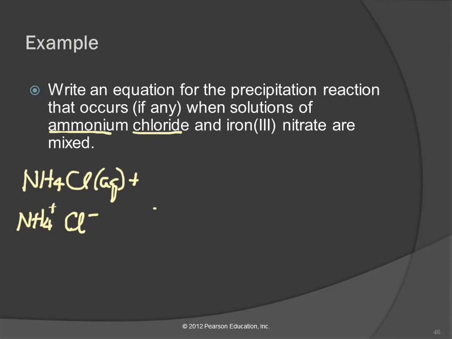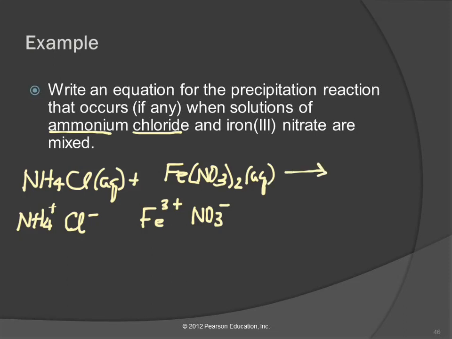Iron 3 is Fe3 plus. Remember, the Roman numeral gives us the charge, not how many, the charge. So it's Fe3 plus. Nitrate, you're supposed to memorize, is NO3 minus. When we put those together, we need 3 nitrates to balance the charge on the iron. And I'm really going to run out of room this time. So we have our reactants, and now we're going to swap ions, swap partners,